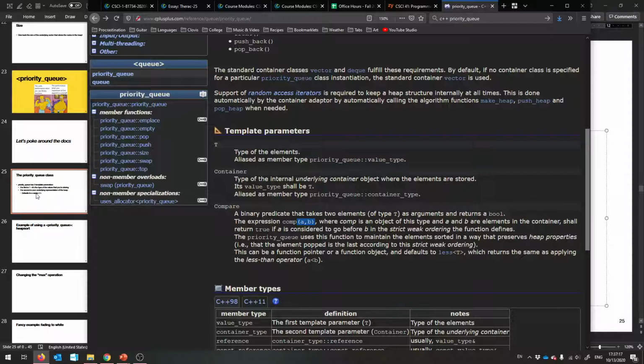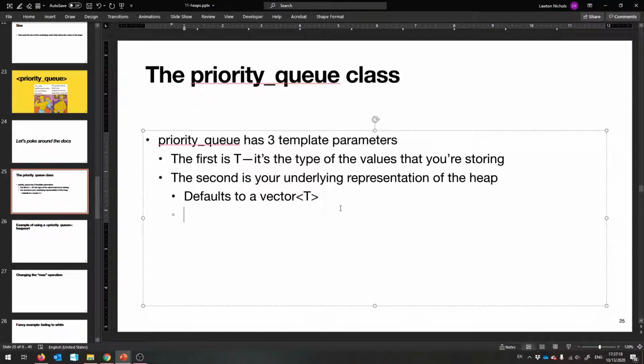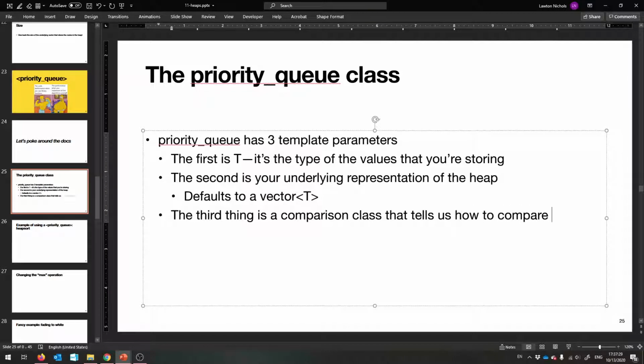So it's taking a comparison class. And it tells us how to compare 2 T's,